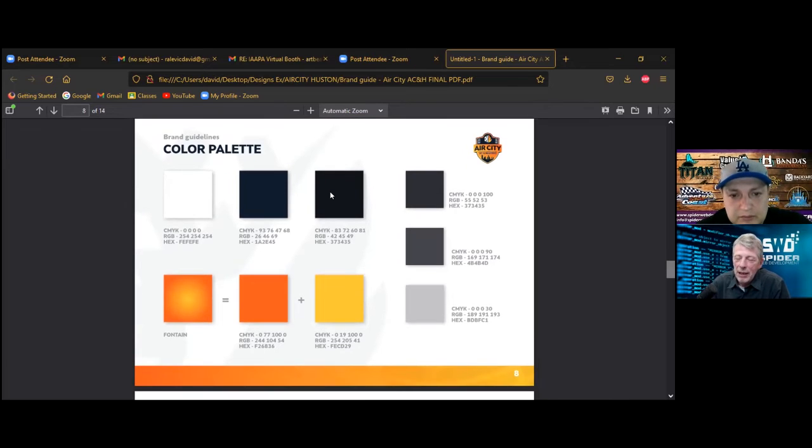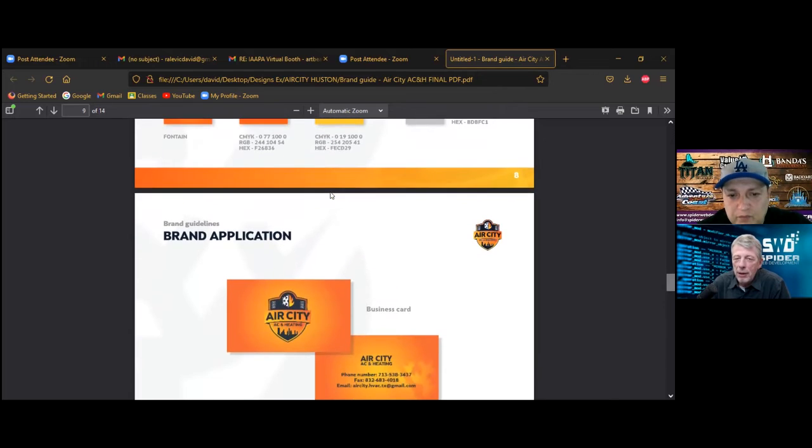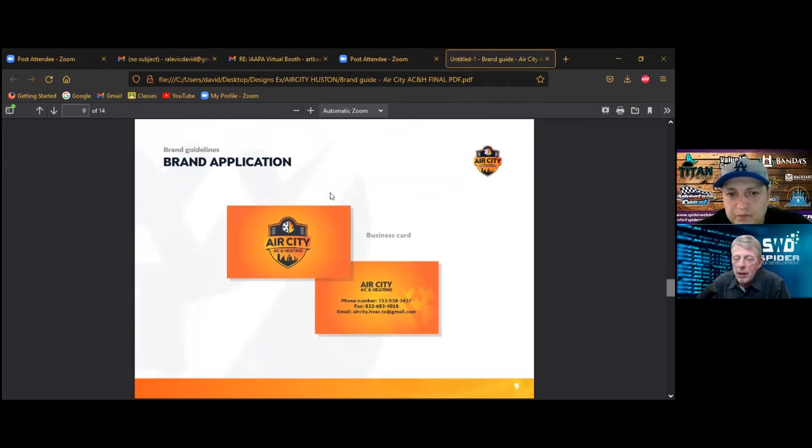Yeah, it looks great, and that's something that we use all the time, because in terms of their websites, it makes their websites look very uniform, and the brand is actually brought out even further. Yeah. So now this is a brand application. This is for a business card.